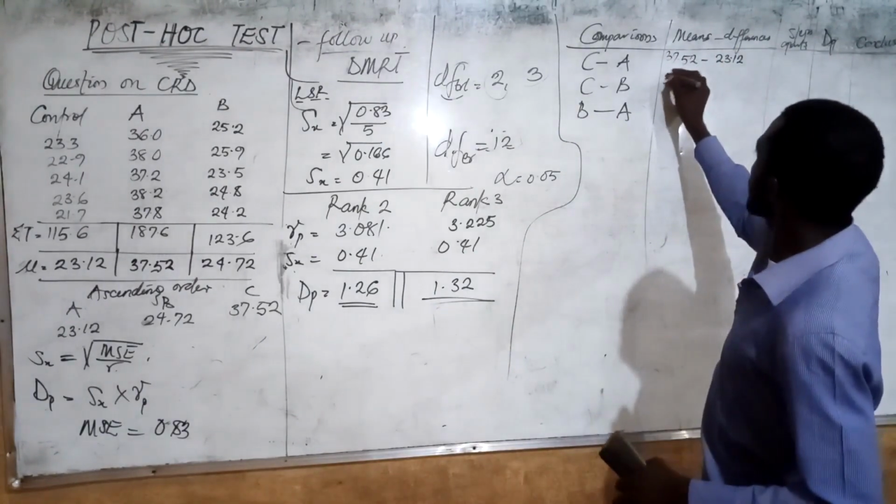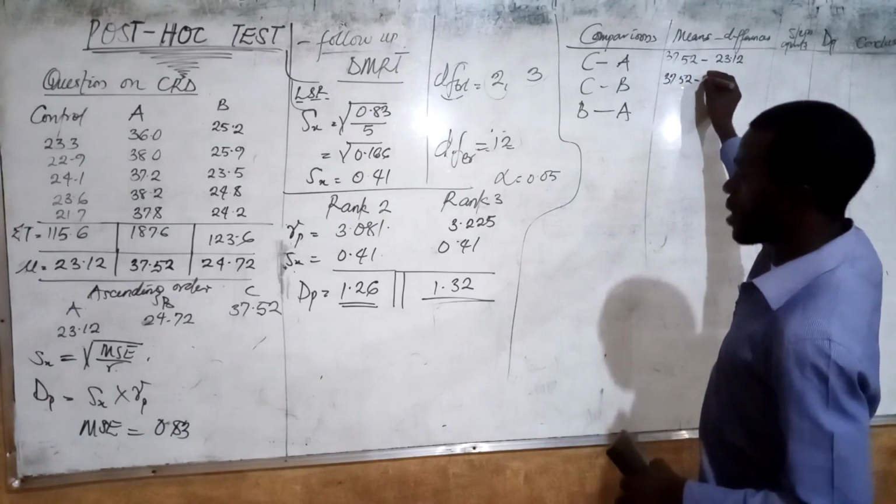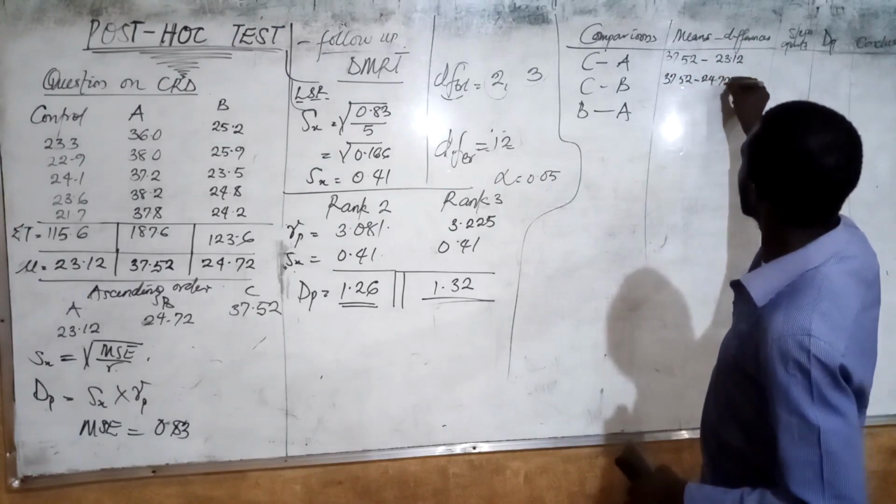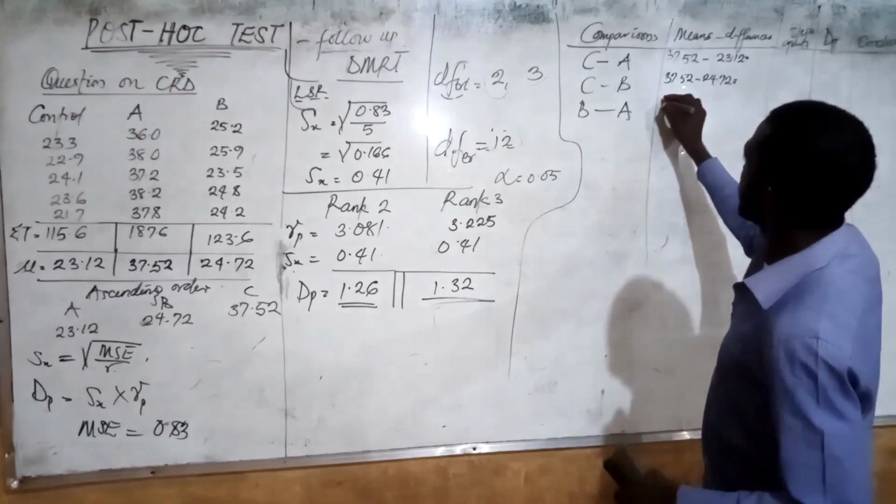Then the next one, 37.52 still minus 24.72 equals